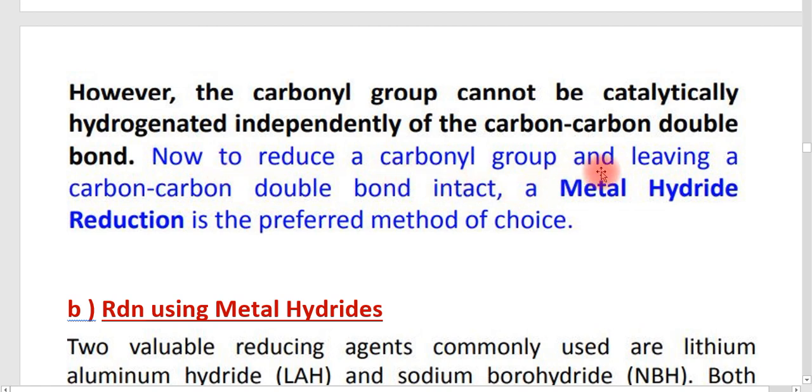Now to reduce a carbonyl group and leave a carbon-carbon double bond intact, a metal hydride reduction is the preferred method